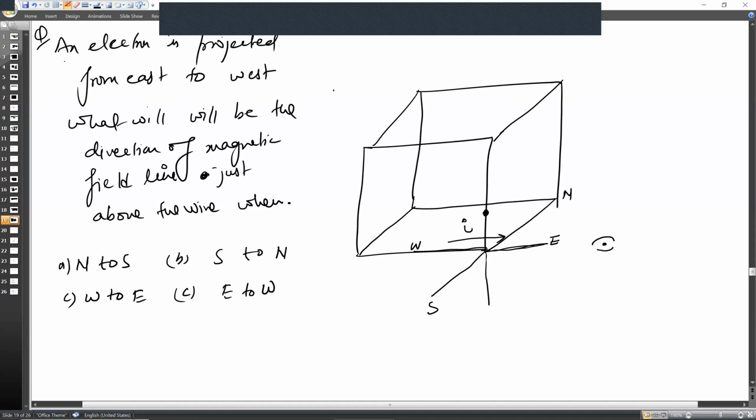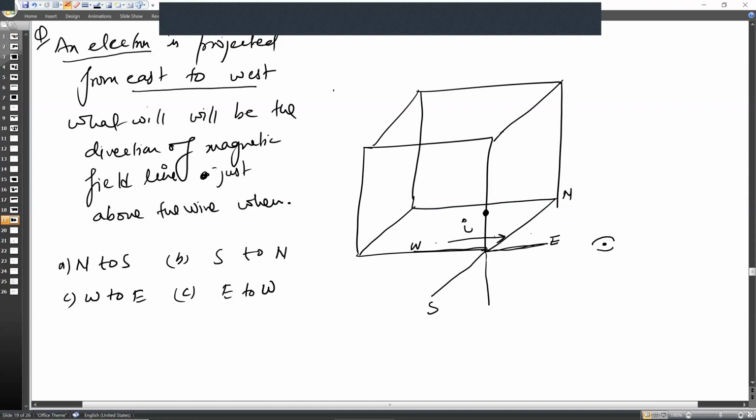Here an electron is projected from east to west. So if the electron is moving from east to west, then the direction of current will be west to east. It is opposite. You need to keep in mind. You need to do it by using the right hand thumb rule, but the direction of the current should be taken